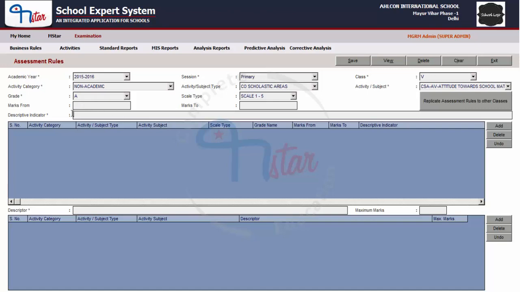In the next field, descriptive indicator, enter the actual remark and or the indicator which will be displayed in the report card for the selected activity. So, enter a remark as per required.